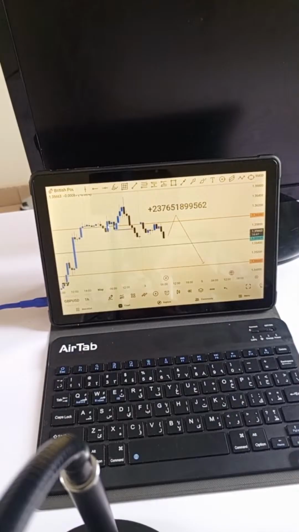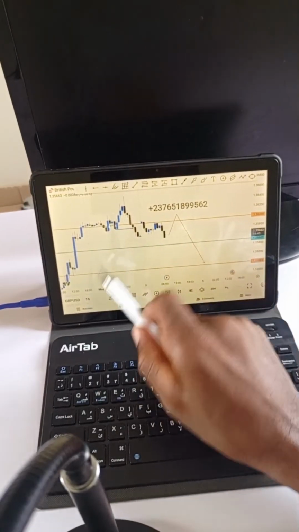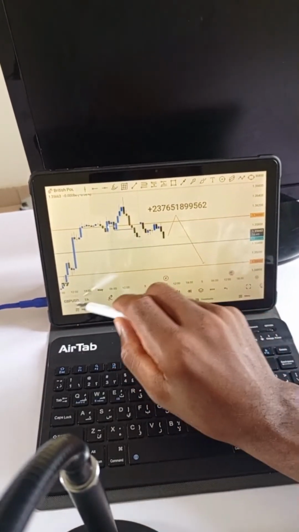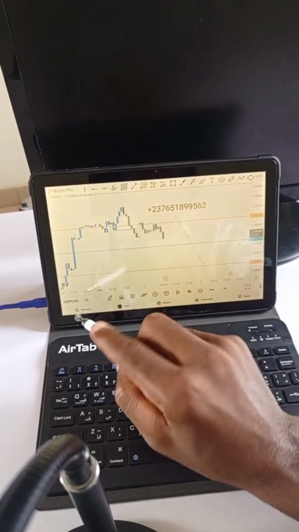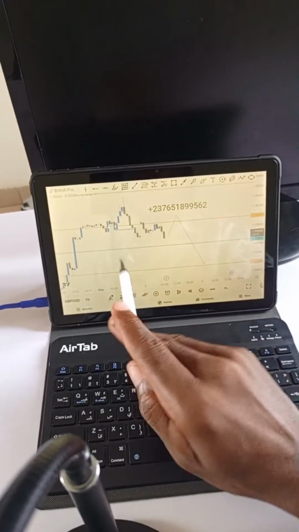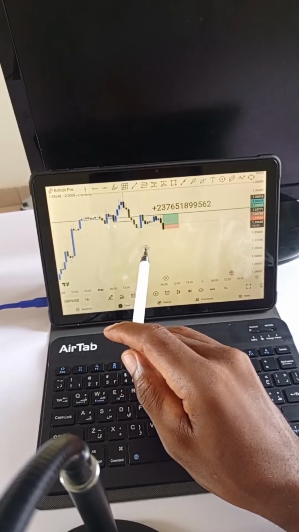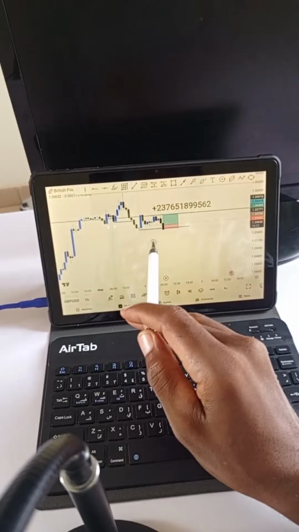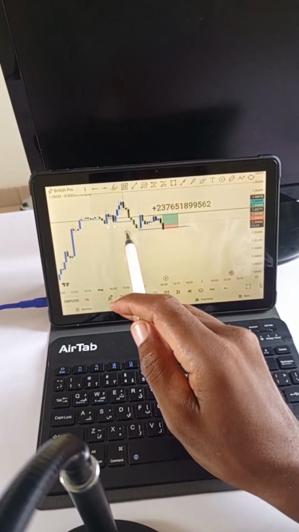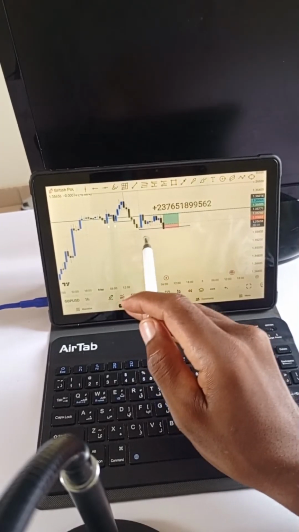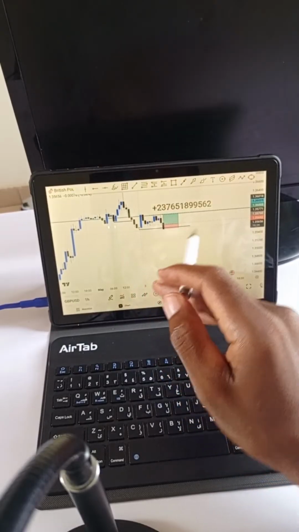So you see all those who bought from here on the lower time frame, let me just take you there, should be approaching their stop loss at this point. That's why I don't trade on the lower time frame. You see, they've been messed up. So price has taken out this low. If price closes below this low,